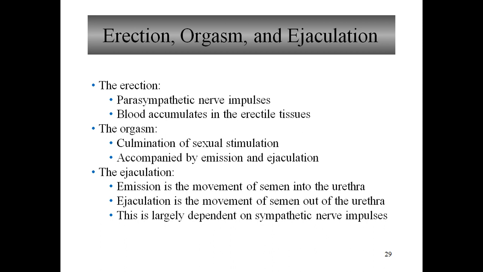The sequence of events during emission and ejaculation is release of fluid from the bulbourethral gland first. See the sequence. Up to the ejaculatory duct, the emission will occur, by peristaltic movement. Then release of the fluid from the prostate, then passage of sperm cells, and finally ejection from the seminal vesicle.